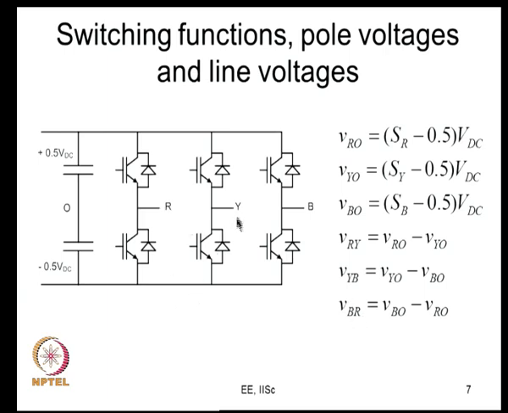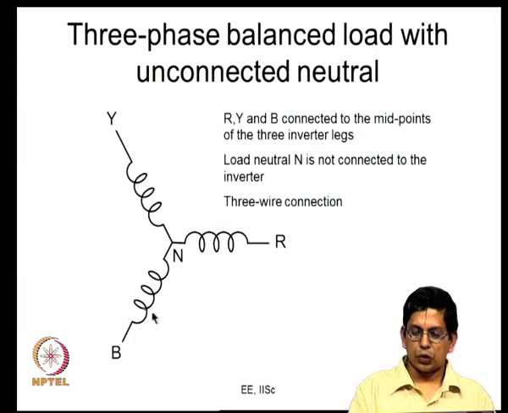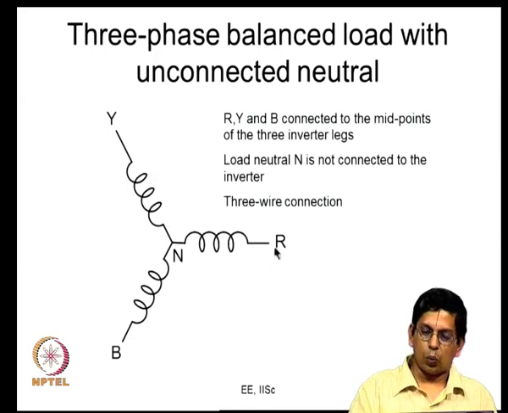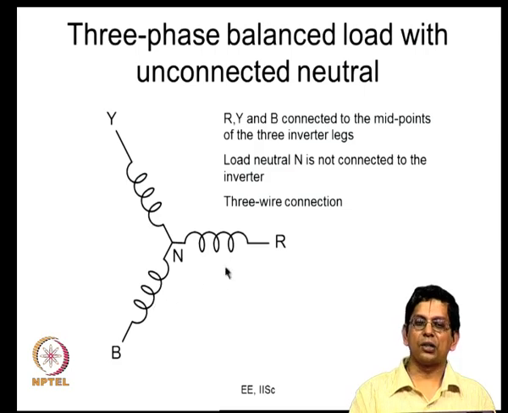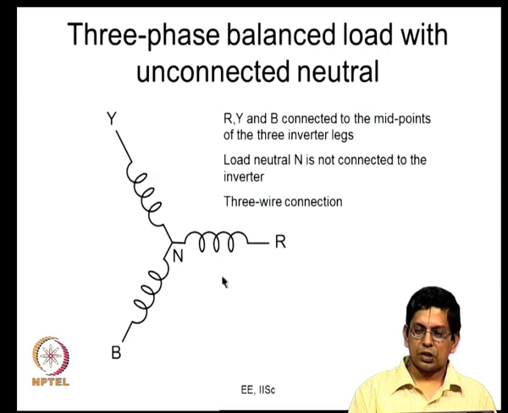So, these line to line voltages are actually applied on the 3 phase load, which is not shown in this picture, right. So, let us say you are considering a 3 phase balanced load. So, these are RYB terminals. We have now assumed a star connected load with neutral point N, but this neutral point N is not connected anywhere, as we have always been assuming in this course. So, this is actually a 3 phase 3 wire load, it is only RYB that are connected, it is not a 3 phase 4 wire, neutral is not connected. Further, it is a 3 phase 3 wire balanced load. So, if you apply balanced voltages, they will draw balanced currents. So, for simplicity, let us just consider